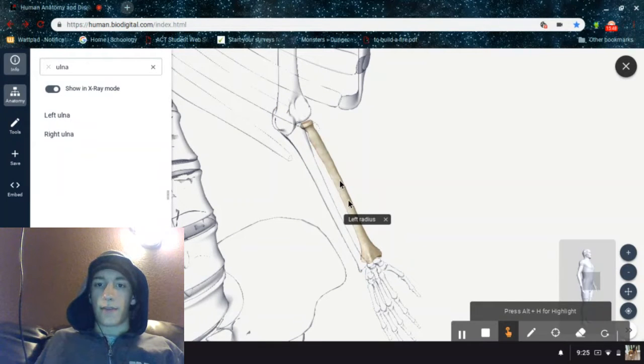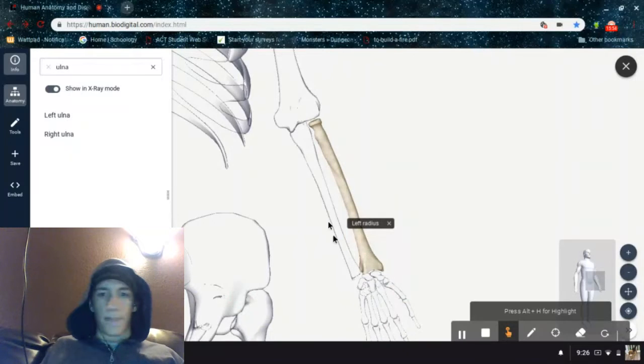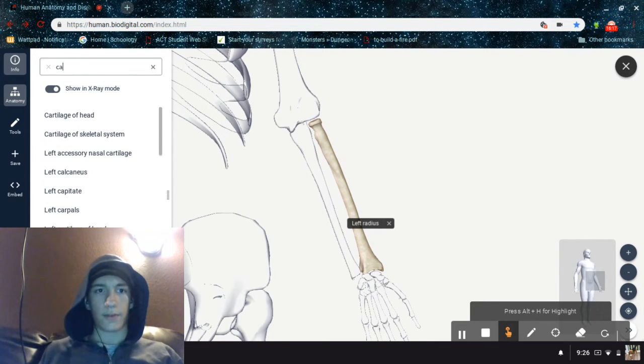On your radius, you have another tuberosity over here. It is your radial tuberosity because it's on your radius. Remember, head of radius, neck of radius, radial tuberosity, and styloid process. Next, we're going to start talking about the hand. This is where I personally have trouble, so we're going to focus in on the carpals